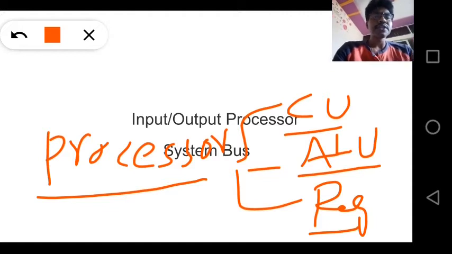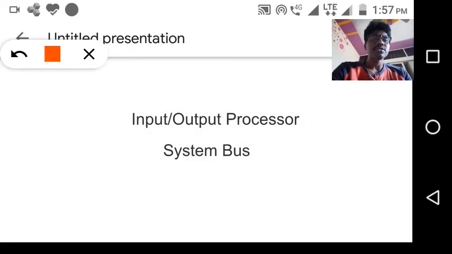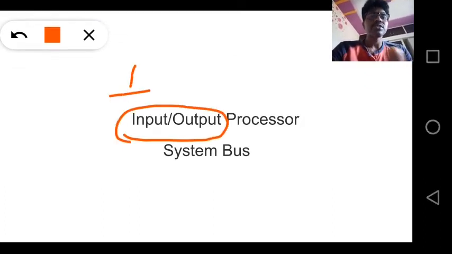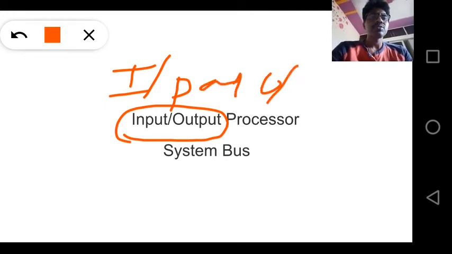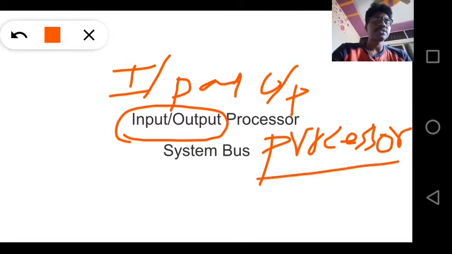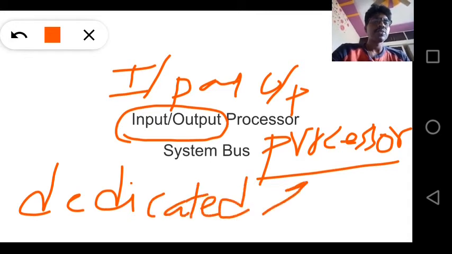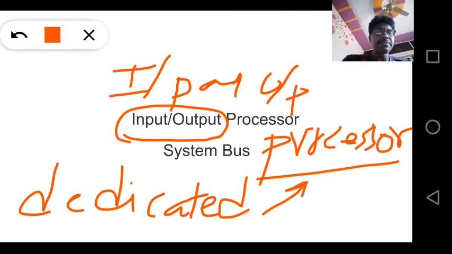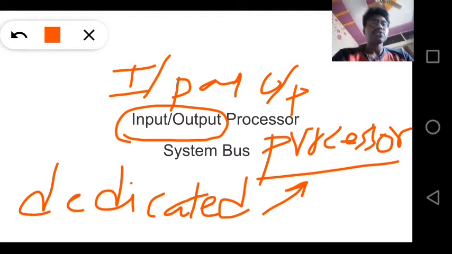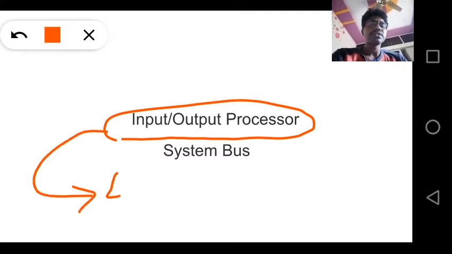But here we are discussing a processor which is called a dedicated processor. Why am I saying dedicated processor? It is called the input and output processor. It is not a general purpose processor, it is called a dedicated processor. Dedicated means it has a fixed job: it has to execute instructions related to IO. So the goal of the IO processor is to execute